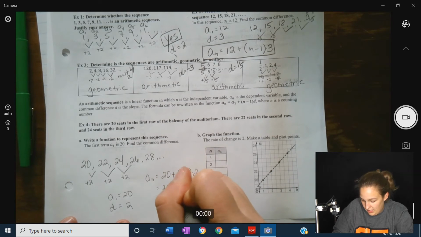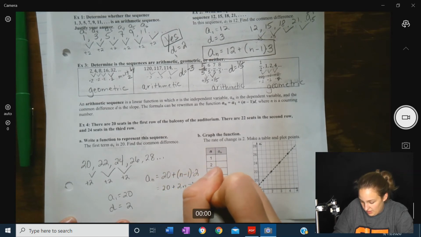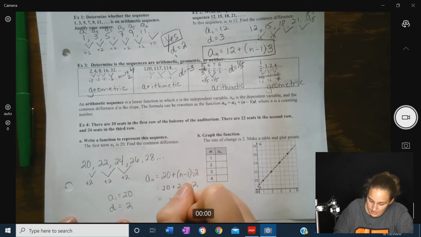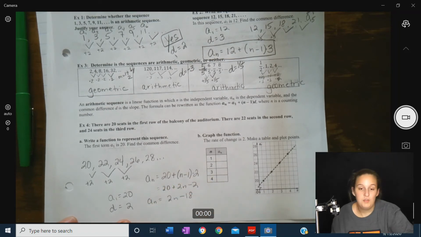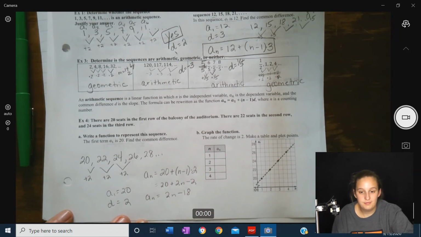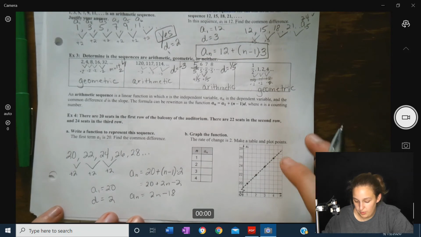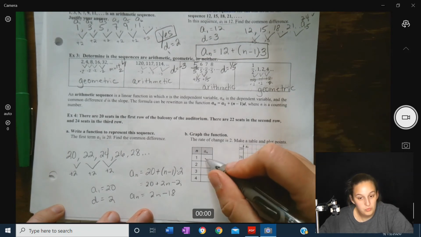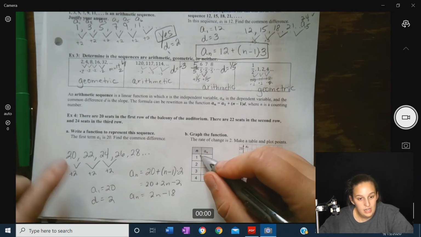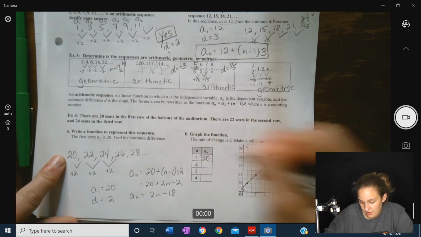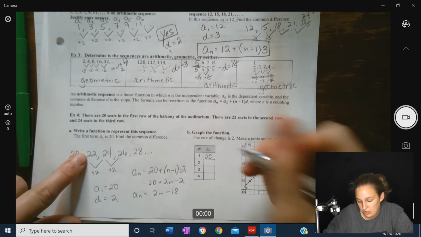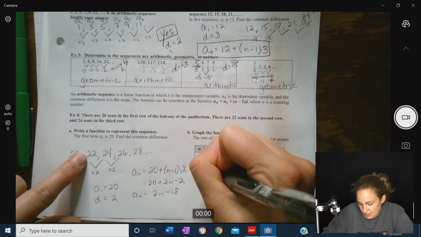All right, 20 plus 2n minus 2, which would be 2n plus 18, if you were to actually write all that out. So if we make an ordered pair here, when n equals 1, that's your first term, an was 20. When n was 2, it was 22, 24,